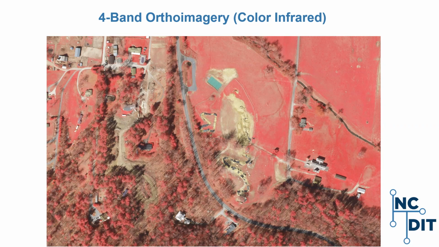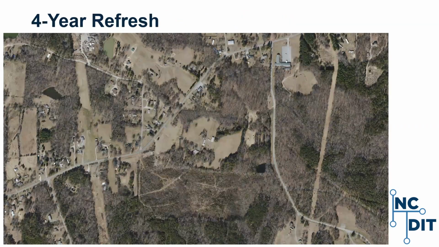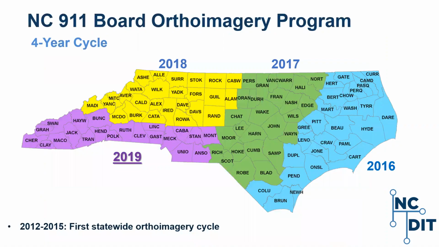Tim, this is Harpinder. I had a question. So I saw that there were a few slides where there was that 4-year refresh. So when you're actually taking these images, is it something that's being done constantly or as needed? That's a good question. So what happens is, in the case of the eastern part of North Carolina, that's shown in light blue,